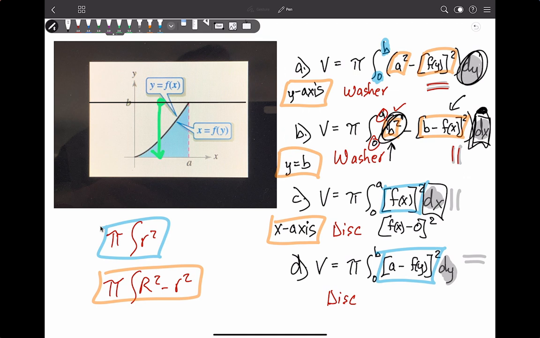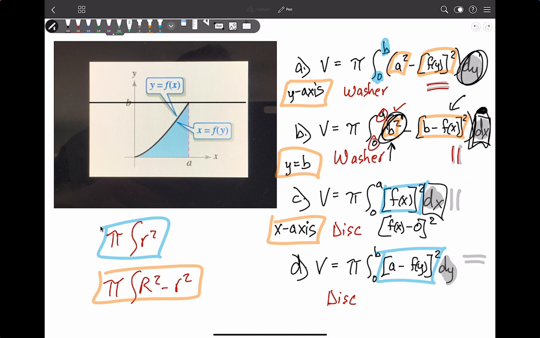We are rotating this blue region about that line right there. So it's going to come out of your page looking like this, going back around, this, going back around. Let me make that a little bit predominant. Okay, that's the rotation that is happening because it's rotating about y equals b. All right, so now with that in mind, let's go ahead and verify that everything checks out by drawing